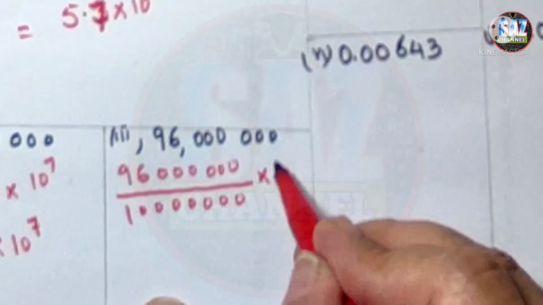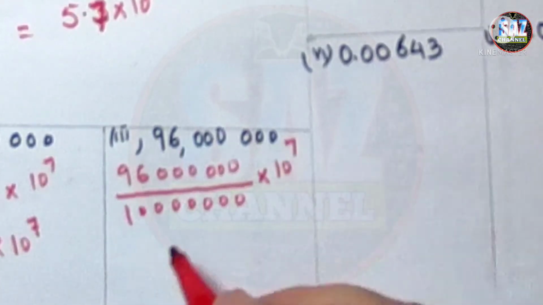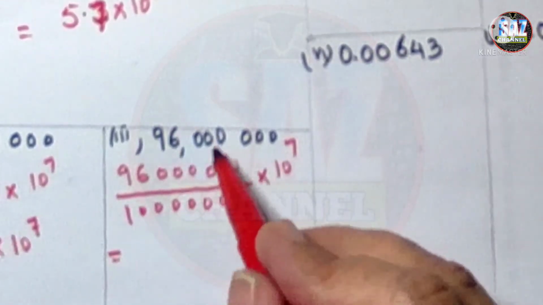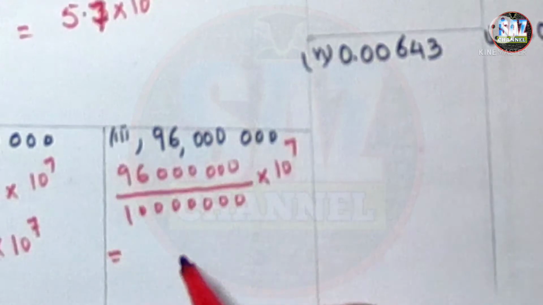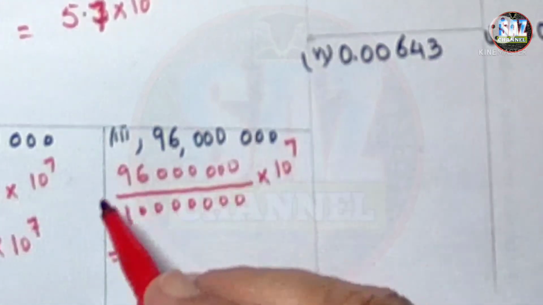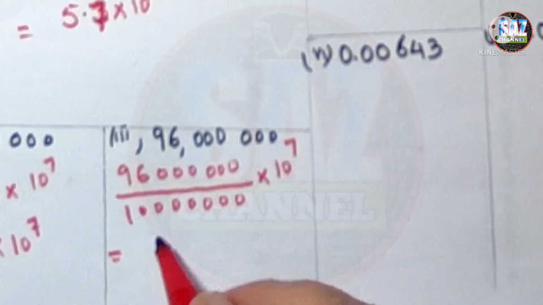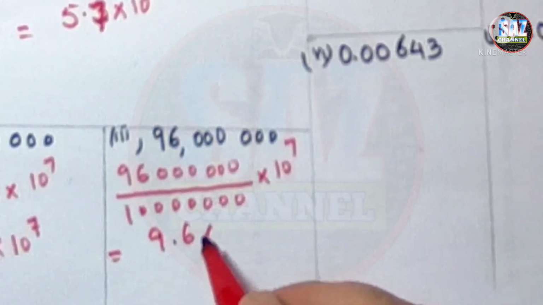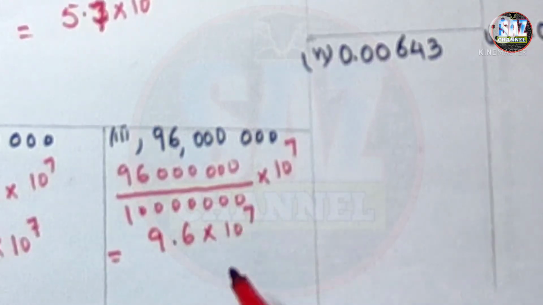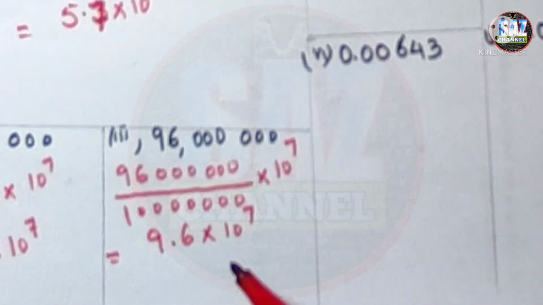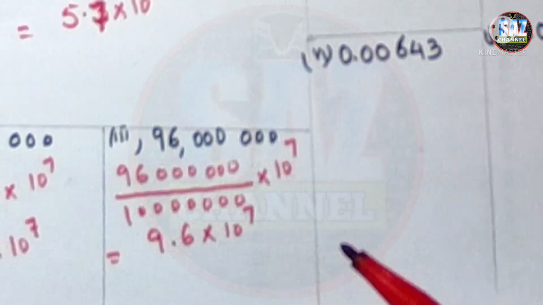So I will be multiplying it with 10 raised to the power 7 as well, and this portion will be helping me in turning this large number in the range of A, and it will become 9.6 multiplied by 10 raised to the power 7. Really easy questions. And then the fourth part is